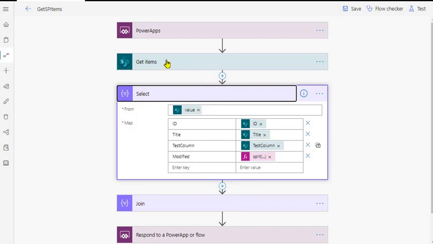You might not want all the columns to be sent back to Power Apps, so you can select just a few of them. Here I have selected four columns: ID, title, test, and modified date. You can use expression functions to process your data here also. I'm converting the date time column to date because I just want the date to be sent back.